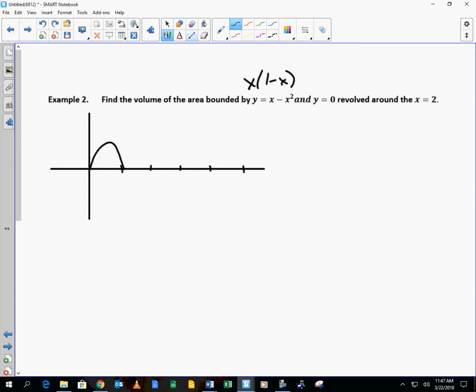Ooh, revolving around x equals 2. That's different, isn't it? So would you agree that my bounds are going to be from 0 to 1? You always determine your bounds by your original area. Revolve that around the line x equals 2. I get a shape over there. I'm going to draw a vertical rectangle that is thickness of what? dx. And as I revolve that around,